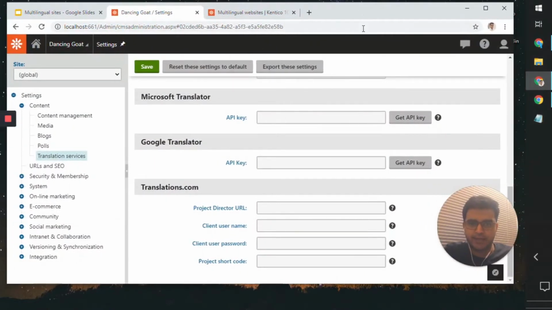So I've gone back to Kentico, and what I've done is I've just pasted in the key. I know this is something that you need to keep secret, but of course this is just a demo resource which I will be deleting, so there's no issue with this. The key will no longer be valid after the end of this video. So let me click on save,